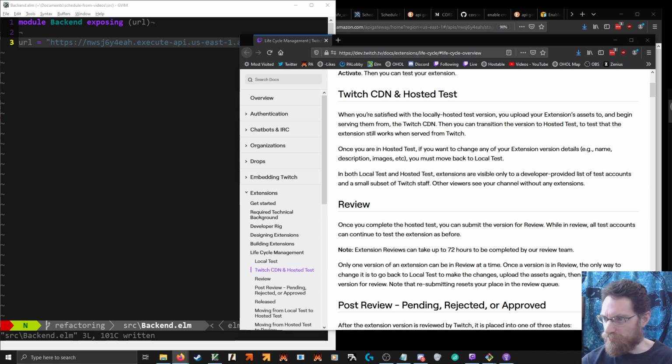Ooh, okay. Okay, so 1.0 is not part of the formal name. They just differentiated them. And then after that's done, you can go into review. Move back.